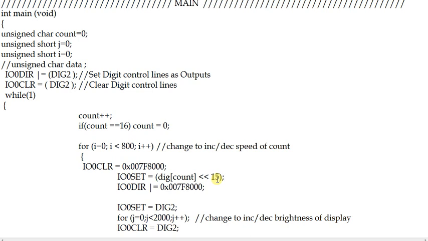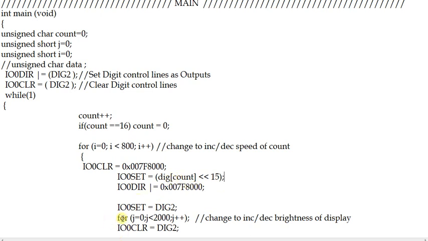So digit of 0 will be left shifted by 15 times so that it is set to the actual pin numbers of the 7 segment LED display. Now IO not direction OR equal to, we are making 15 to 22 an output port. We are setting that and setting digit 2, so digit 2 will be displayed with 0.